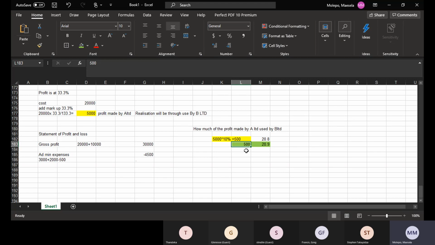So remember, the last year's profit is going to be accumulated into the retained earnings. So it will form part of the retained earnings in the following year. So we say the retained earnings given is 18,000. We less the profit of 5,000, the one which came from the last year. Then the depreciation